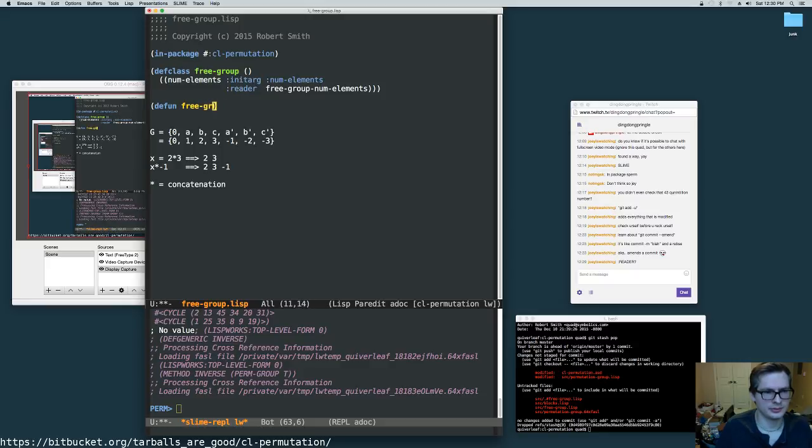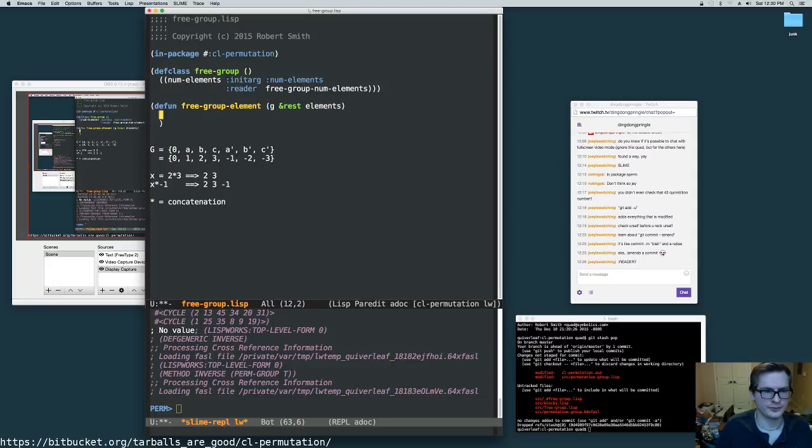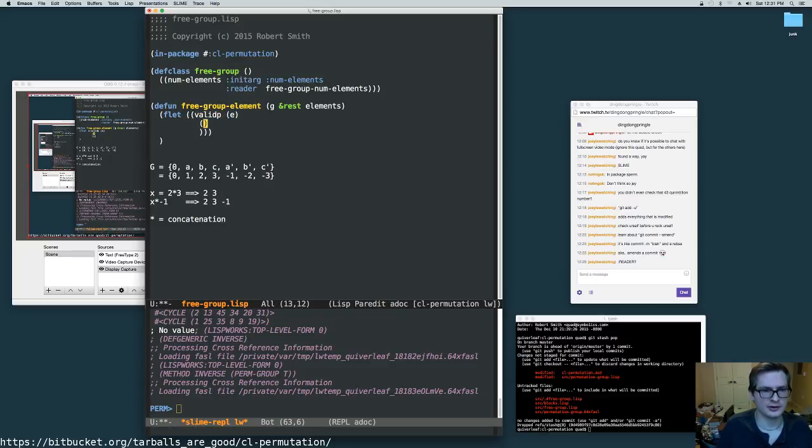Let's define this function. I might not keep it. Free group element G. So what this will do is within the free group, it basically just does a concatenation. The only thing we need to make sure is that the elements are okay, they're valid. So we're going to say valid P element, and we need to check that